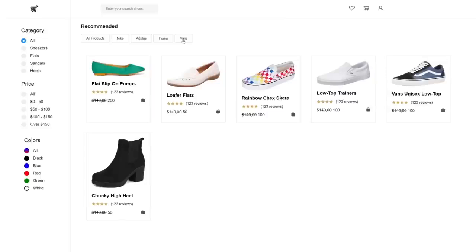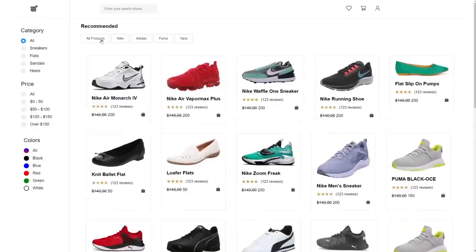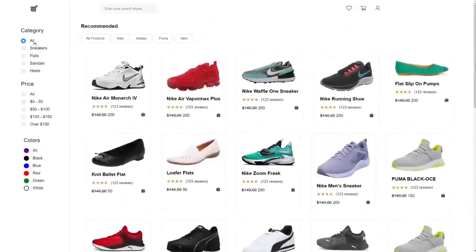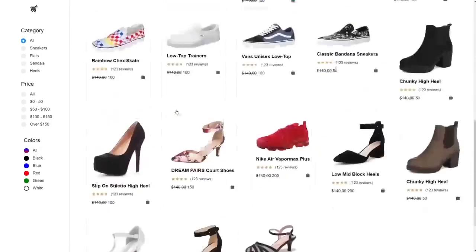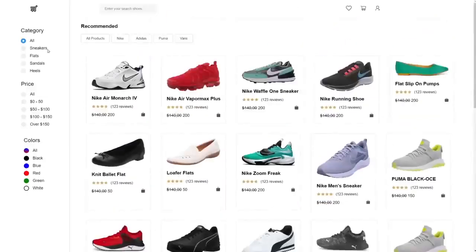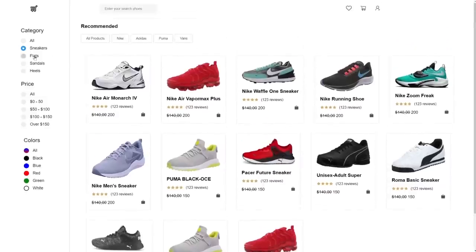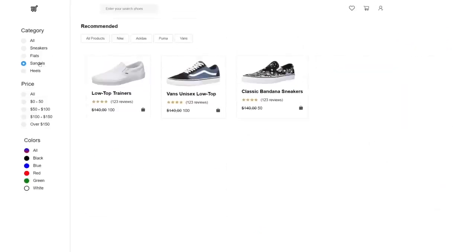If you click on the Vans, it will now give us all of the products which these Vans have. So this is the second filtering; this is the first one, this is the second filtering. Let me click on this All Products right here, and here you can see it now gives us all of the products. If you click on All one more time, it gives us all of these products. If you click on the sneakers, it just gives us the sneakers. If you click on the flats, it gives us flats. If you click on the sandals